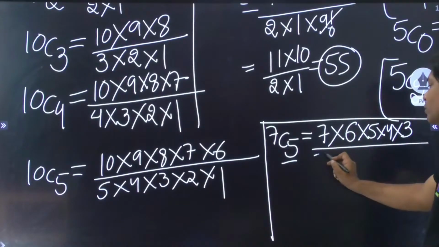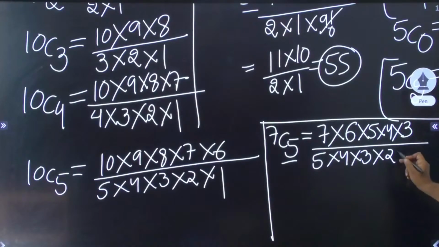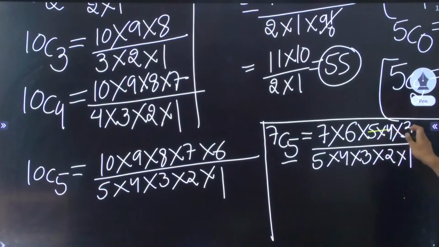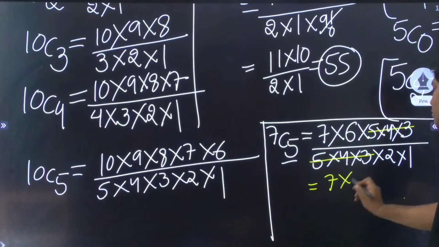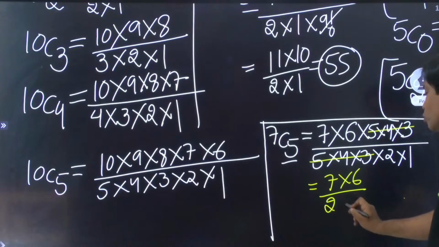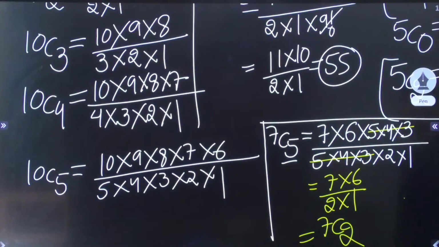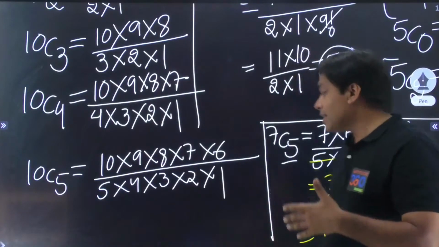And then this is going to be 5 into 4 into 3 into 2 into 1. If you look at this, don't you think that these are common terms out here? And this becomes nothing but 7 into 6 divided by 2 into 1, which is nothing but 7C2. और ये वही अंडरस्टैंडिंग है जो हमने अभी अभी डेवलप करी है भाई।